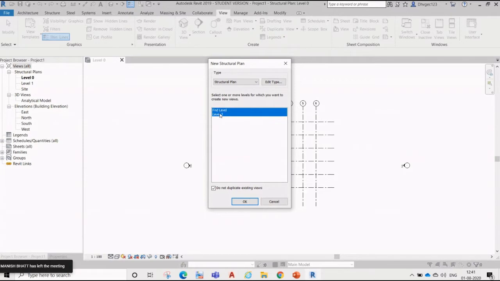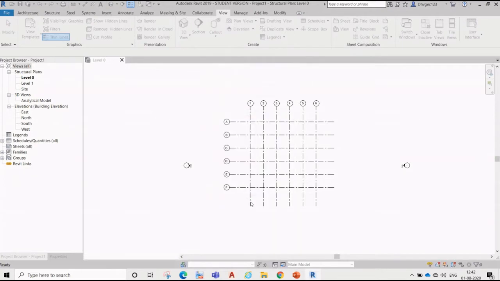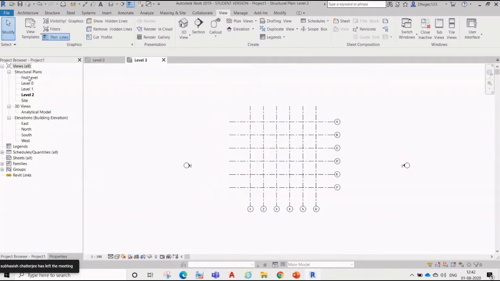It's showing that these two are not drawn yet. The foundation level we don't have. We have a ground level or 0 level. We have first level and we don't have a level 2. So for that we'll create levels over here. Right. So now we'll go to foundation level. We'll close level 2.